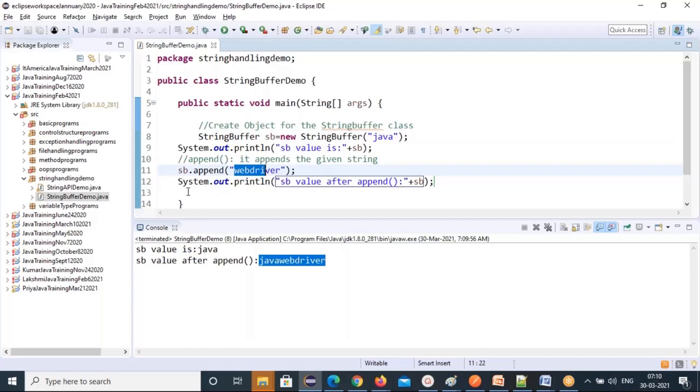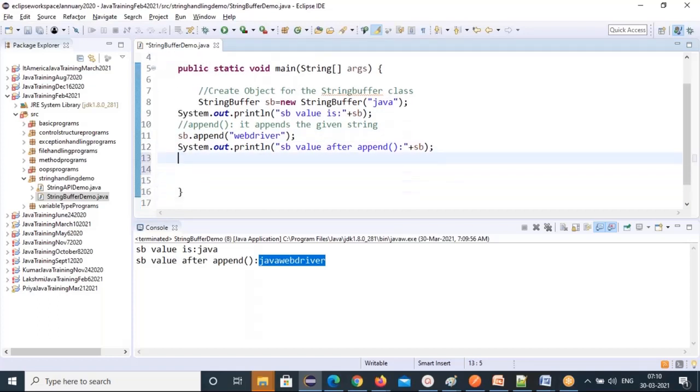See, we are not storing it in any other variable. A new object won't be created. The same memory will be reused and the value will change. But a String object is not like that. If you try to modify it by calling some methods, you'll get a new String object, which means new memory it will create. But here it is not like that. So that's the difference between String and StringBuffer. String is immutable. We cannot modify the same string. If you try to modify, a new object will be created for you. But with StringBuffer, we can modify the same string value. It won't create another object.